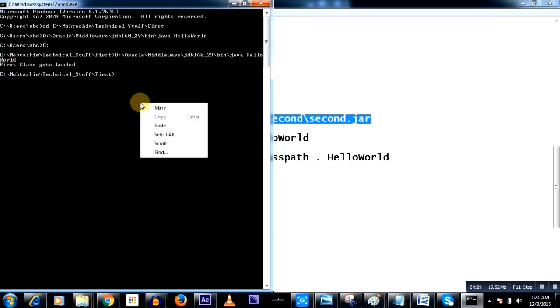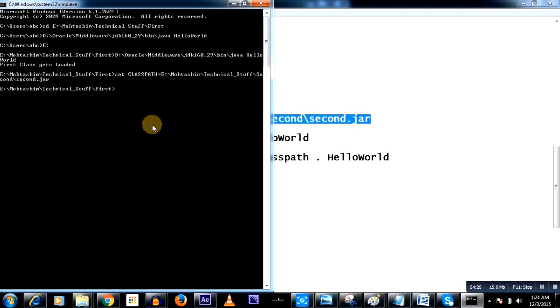Instead of first class gets loaded, this jar file prints the second class gets loaded. Although I am in the first folder, in the class path I am setting second.jar. So it will be interesting to know whether it will pick the class file locally from this folder, or will it prefer the class file from this jar file which you have explicitly set in the class path.